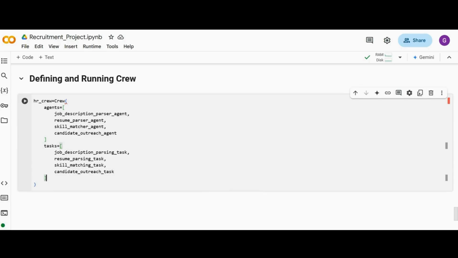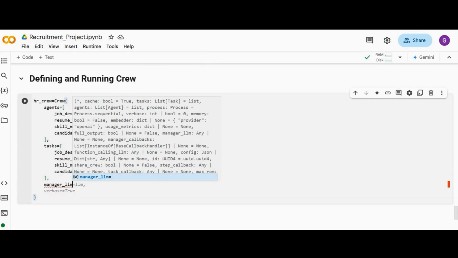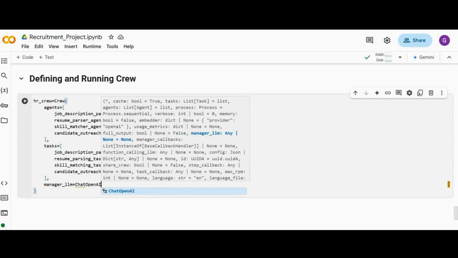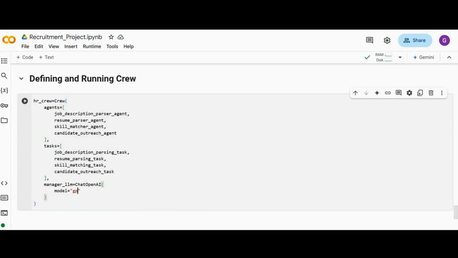These are automatically suggested in our Colab notebook. Then we will specify our manager LLM, which will basically contain our model,